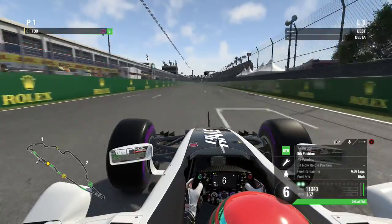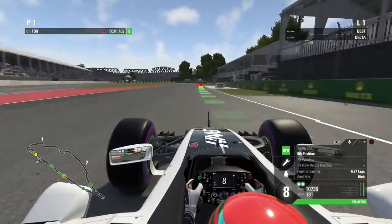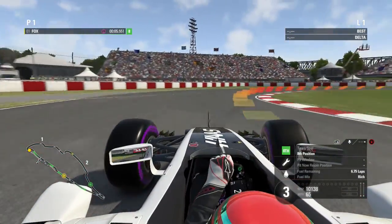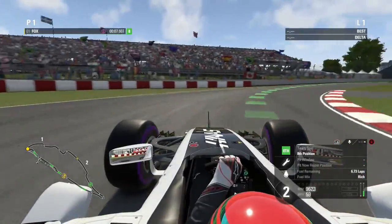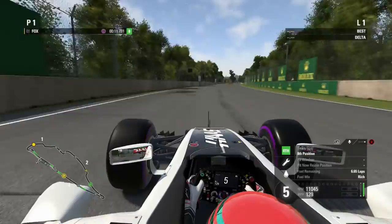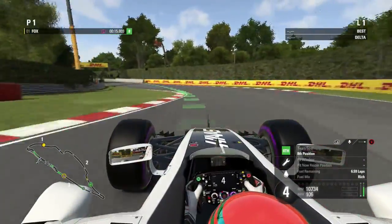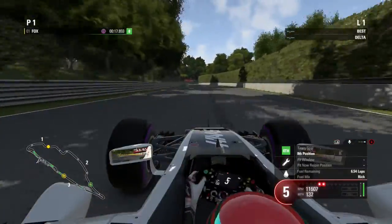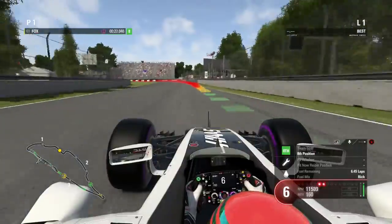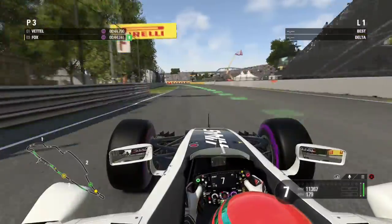Right, so here we are then for the qualifying for the Canadian Grand Prix. And like I said, it was a bit of mixed fortunes. Now, the session was dry the whole way through, so there were no changes in the weather. However, on the pace of the different tyres, Steve found it took him a couple of attempts, because at first his first lap wasn't that great. He did go wide on a few corners and wasn't able to gain that much time. You see him getting a lot of oversteer in the car as he goes through Sector 1. He encountered a lot of oversteer on the ultra soft tyres, but as he went on throughout the lap, he noticed